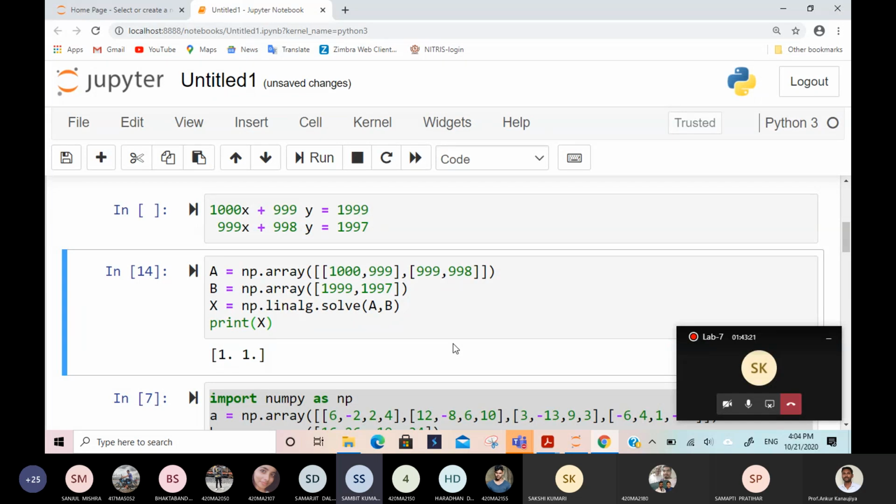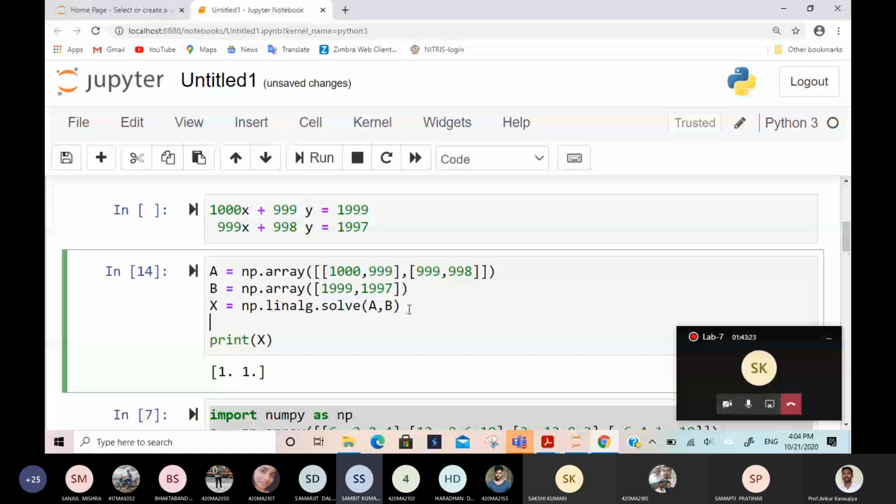So this is by method number 1, and I'm calculating x1 also by finding the inverse, with np.linalg. I think everybody got 1, 1. I will print x1 also.